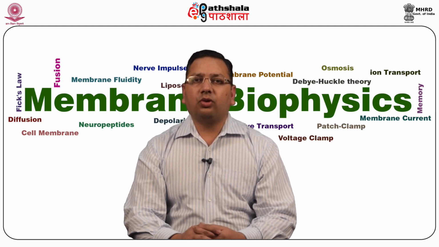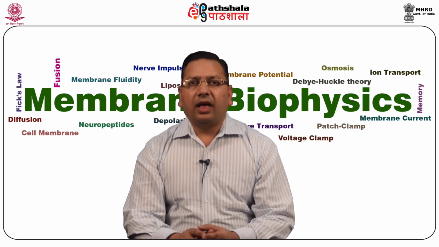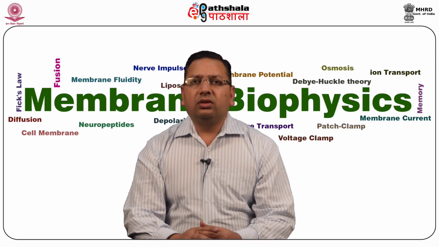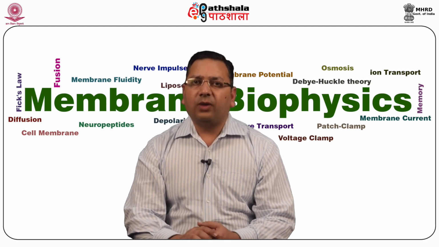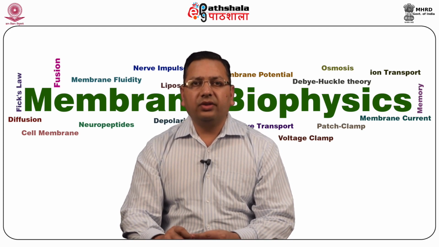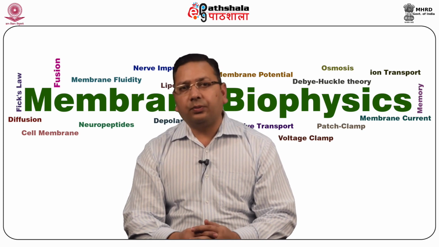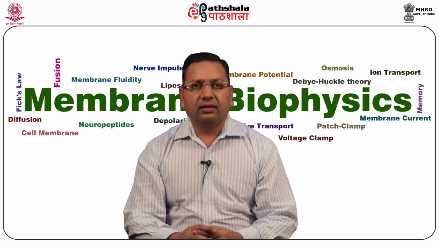Today I am going to talk about components and architecture of cell membrane. This module is placed in paper Membrane Biophysics. In current module, I am going to tell you the importance and necessity of plasma membrane as cell boundaries. I'm then going to discuss the basic components like proteins, lipids of plasma membrane in detail and their proportions in different types of membrane in different cells.